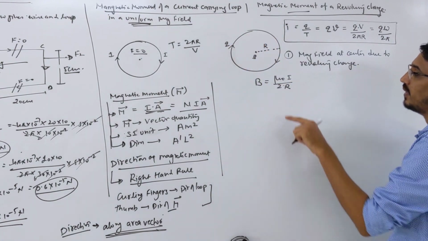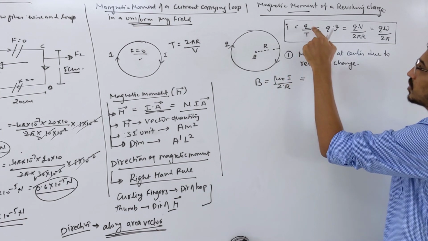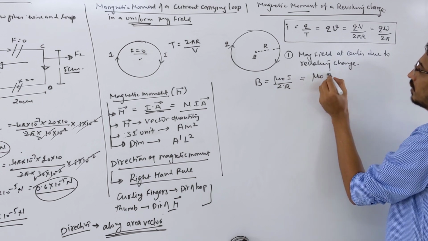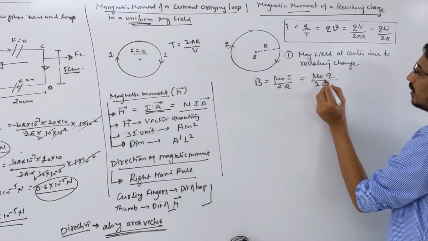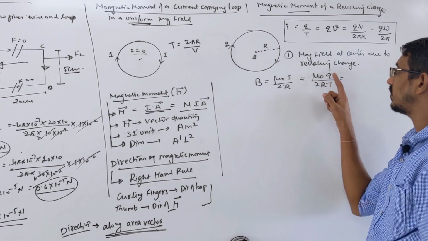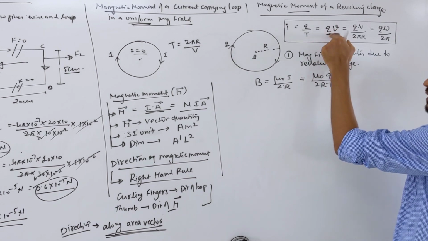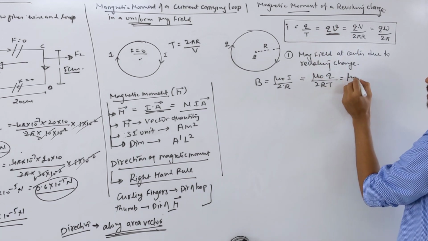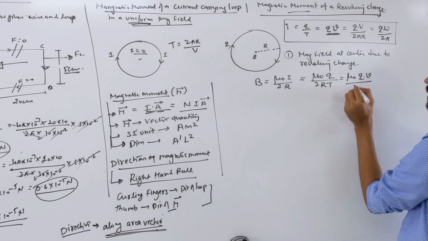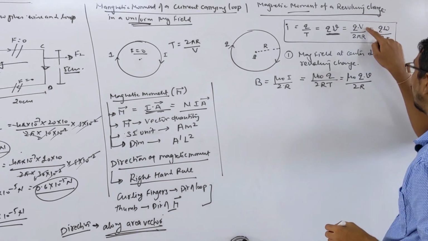Generally they will not ask this format. We have to replace the current; you can write it in terms of Q and T. So you can write mu naught Q by 2 R T. This is the magnetic field in terms of charge and what? Time period. Then you can write it with frequency. This format was asked 2 times in the exam. Mu naught, you can write Q into nu by 2R. Correct. Then you can write it in velocity format also.